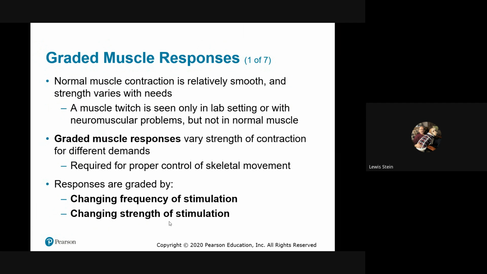We also evaluate muscle injuries looking at their electrical responses. We look for delay in the nerve signal getting to the muscle. We look at irregularities in contraction of the muscles. We used to hook up, and this is before any of the advances we have in technology, speakers to the display. And we'd hear strange sounds, little pops and things like that. We looked for irregular waveforms in the muscle before we really had the technology to evaluate it and understand it. So it's very interesting how it has progressed over time.